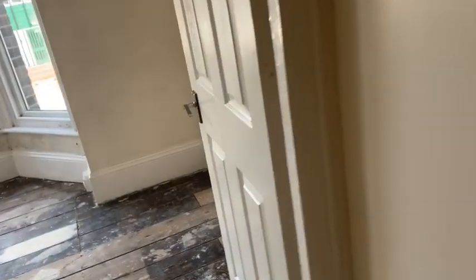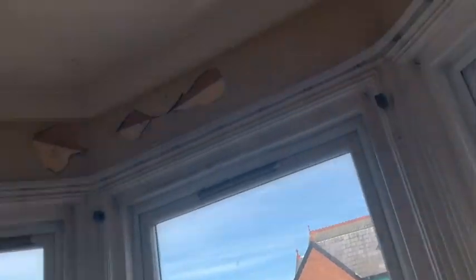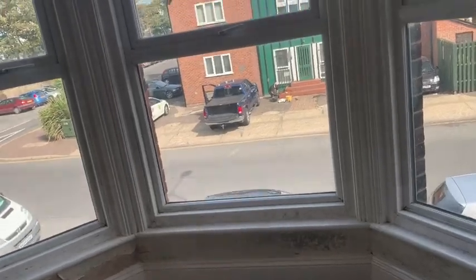Then here we have, I'm assuming, the main bedroom. Again, a massively high ceiling. Love these massive, massive windows. What a lovely room this is. It's very old and dusty, but oh my God, it's lovely. And then...